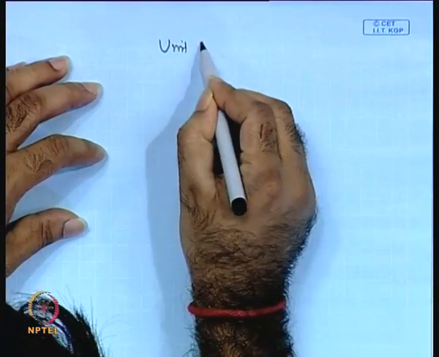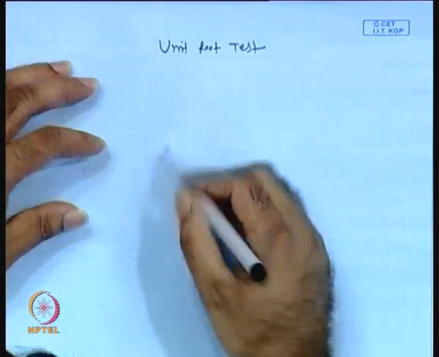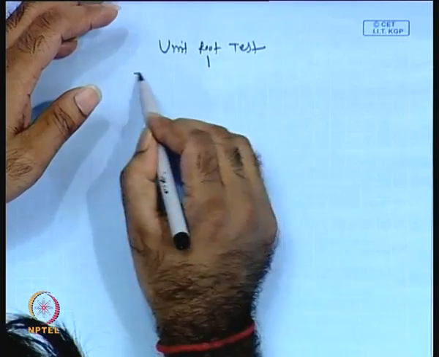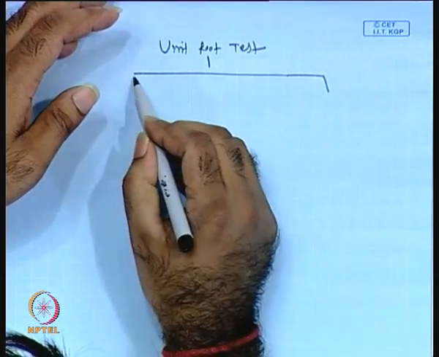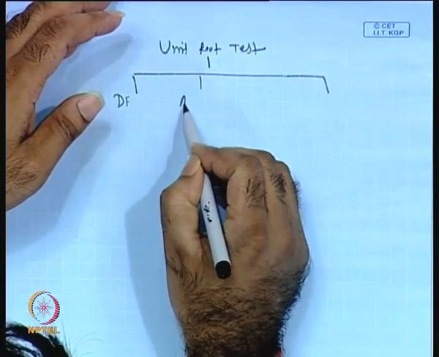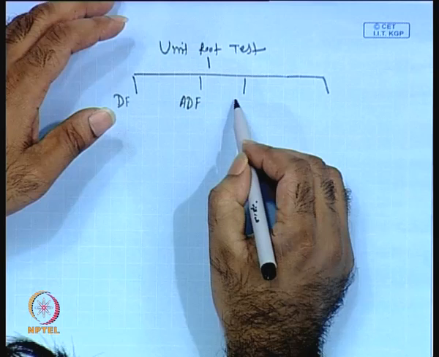Okay. So, now unit root test. First we start with checking the stationarity, then you will go for co-integration, then you will go for causality. Okay. So, unit root test has several methods. To check the stationarity, first is called the Dickey-Fuller test, augmented Dickey-Fuller test, then Phillips-Perron test,